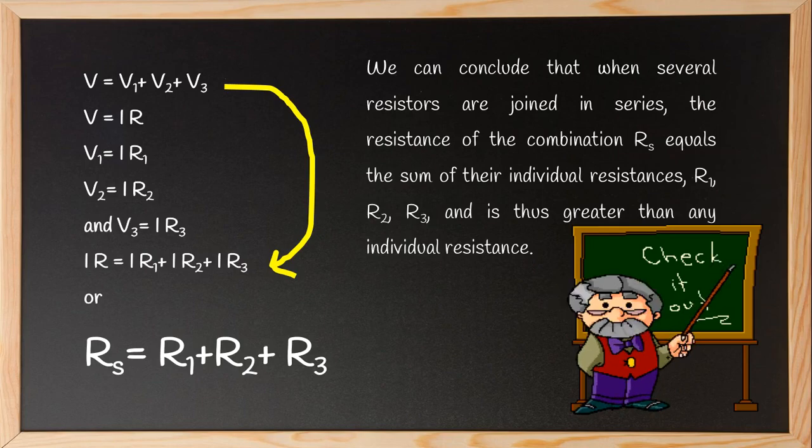And you can see RS, the total resistance, is always greater than all the individual resistances because it is the combination of all. So this is how you can calculate the complete resistance in a series circuit. For example, if there is a circuit with a series combination of resistors, you can calculate the total resistance with the formula RS is equal to R1 plus R2 plus R3. That is, the total resistance is equal to the sum of all individual resistances.